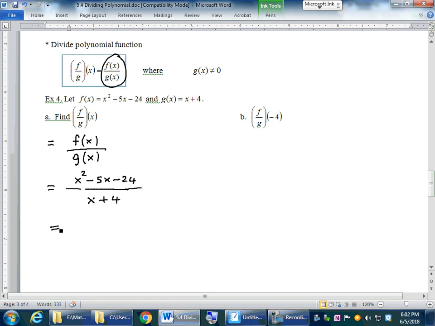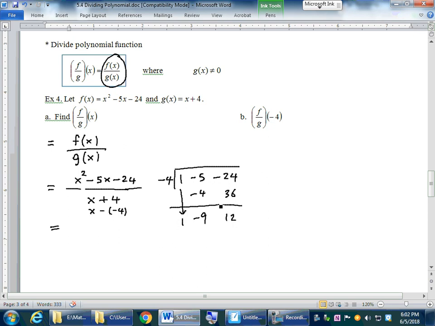So using synthetic division, 1, negative 5, negative 24. And if I rewrite this into x minus c, it will be x minus negative 4. So my c is negative 4. So now, doing the process, bring down the leading coefficient, 1. Negative 4 times 1 is negative 4. Add row 1 and row 2, negative 9. Multiply again. Negative 4 times negative 9 is 36. Add row 1 and row 2, so that will give me